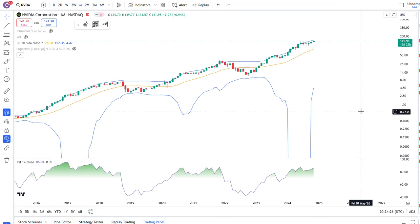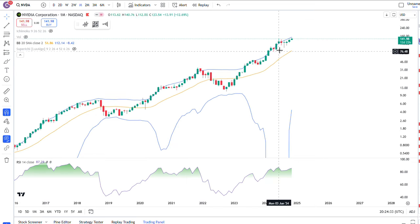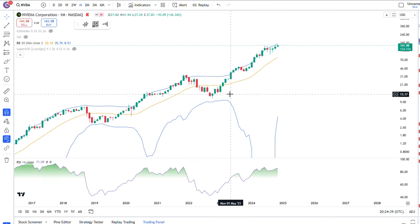Over here, that actually makes me wonder whether or not Palantir, and whether or not Nvidia probably has another 2 or 3x to go. But I do think that this bull trend is really starting to get exhausted here. Over the next 12 months or so, it might make up to maybe 300, 350 or something like that. But I do wonder whether or not Nvidia's bull market seems to be a little bit exhausting